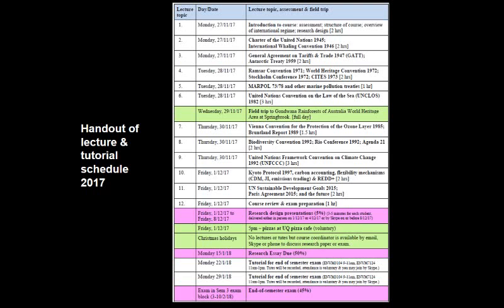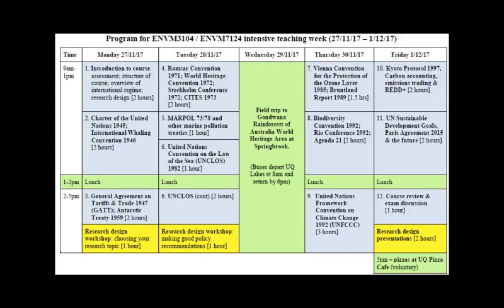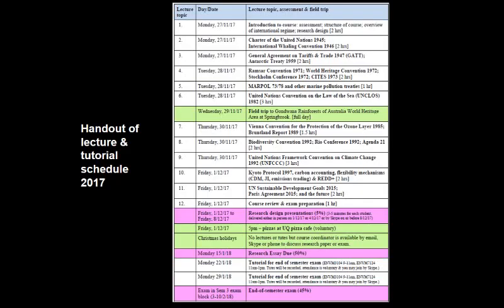So our lectures this week and the schedule are on the first side, and then our program this week. Today, obviously, we're at the introductory stage. We're starting with the international, working chronologically through all of the major international treaties since 1945. You see there lecture 2, United Nations Charter 1945, Whaling Convention 1946, GATT 1947, Antarctic Treaty 1959, Ramsar Convention 1971.